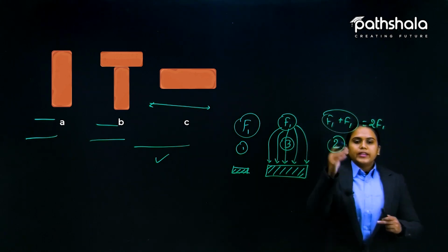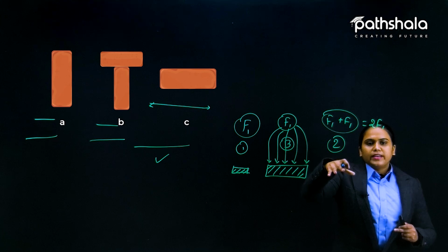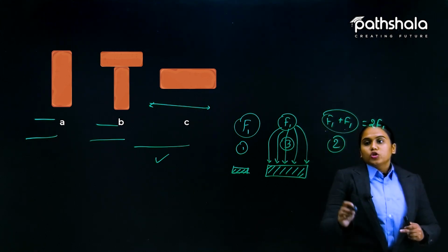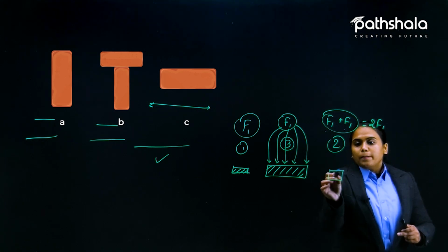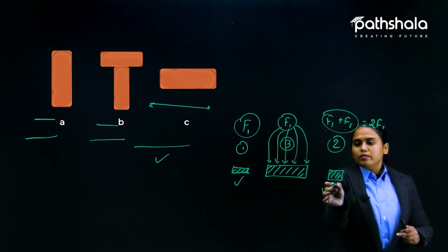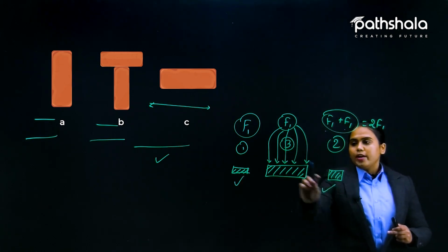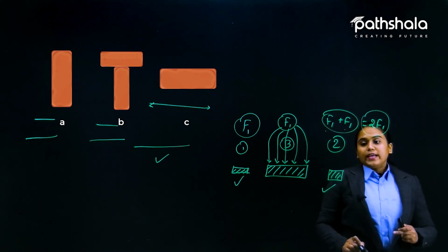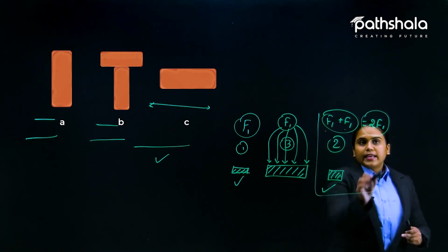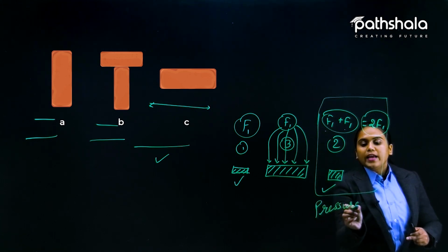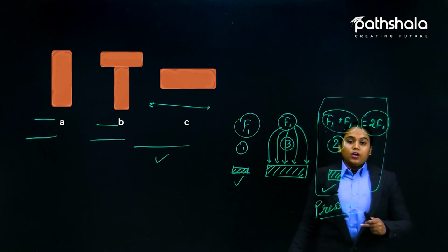We are considering the force exerted by one brick as F1. So F1 plus F1 equals 2F1. Now the area is again a small area like the first case, but the force here is double. So we can say that the second case has more pressure. That is why area is also a factor. Okay, now